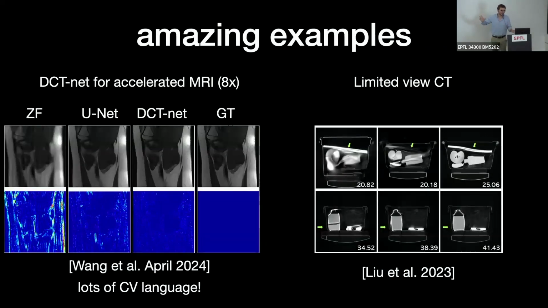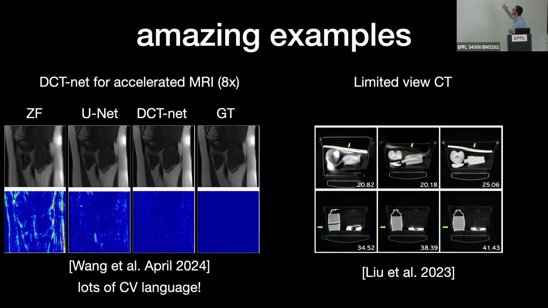And I'm not an expert in MRI, and I'm also not an expert in CT, but I just gave you 2 examples that are just objectively impressive, right? So currently, state of the art, or one of the state of the art results in accelerated MRI, accelerated a lot, single coil, is an end-to-end trained deep network. This is from April this year. It's a really new paper. Now you read this paper and you see, this is just absolutely fantastic. You can speed up MRI scanning 8 times, and you can get images that are almost as good as not speeding it up. When you read this paper, what I find really interesting is that there is a huge amount of computer vision language. There's of course a lot of MRI talk, but when you read the paper, you really feel like you're reading a CVPR paper, right?